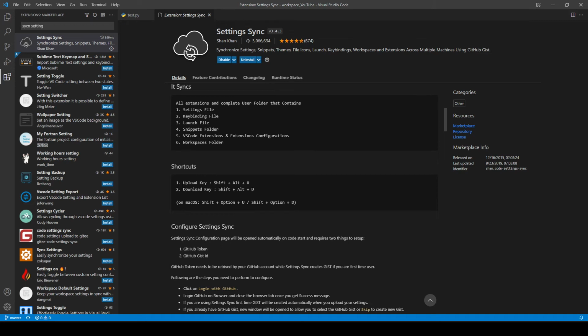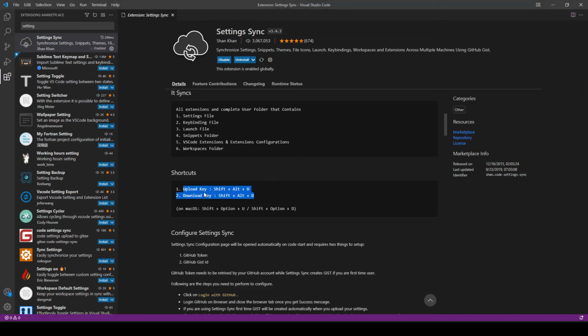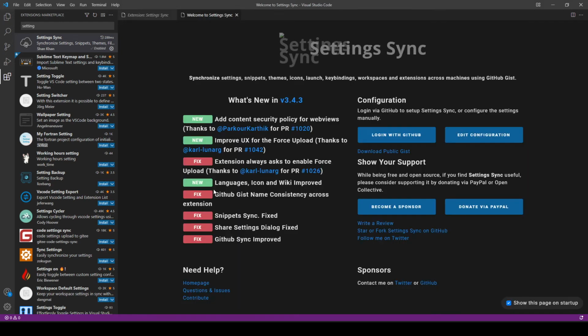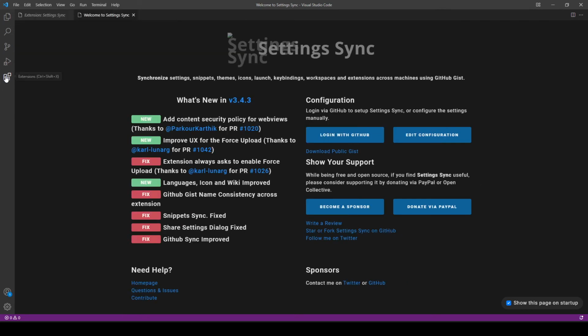Basically, everything you need to do is going to be done using 2 shortcut keys. You can upload all these changes using Shift-Alt-U, and you can download all these changes on a new computer doing Shift-Alt-D. Okay, so let's go ahead and give it a try. All right, so if I do Shift-Alt-U, and if this is the first time that you're doing it, you will be navigated to this page. Let me actually close the extensions,